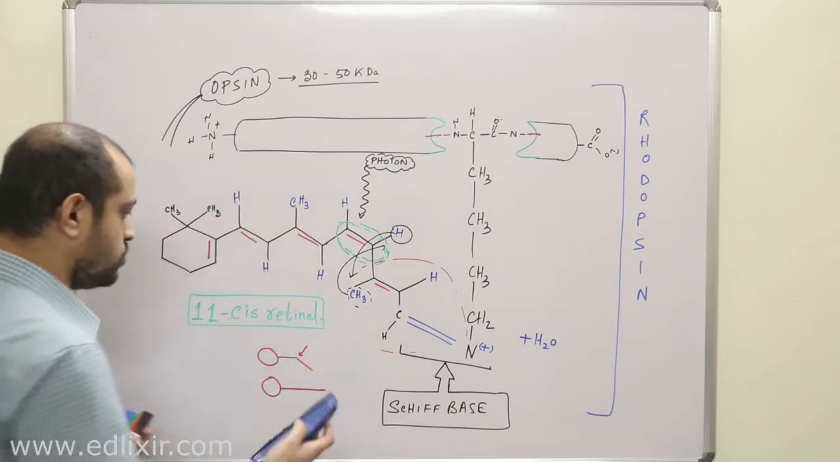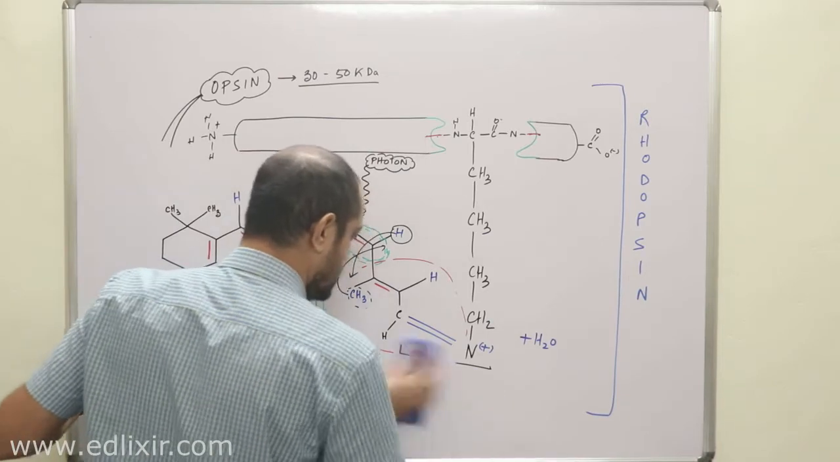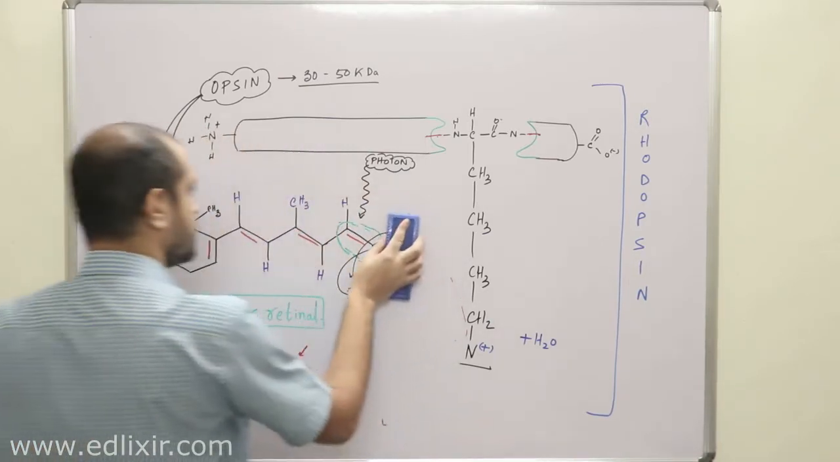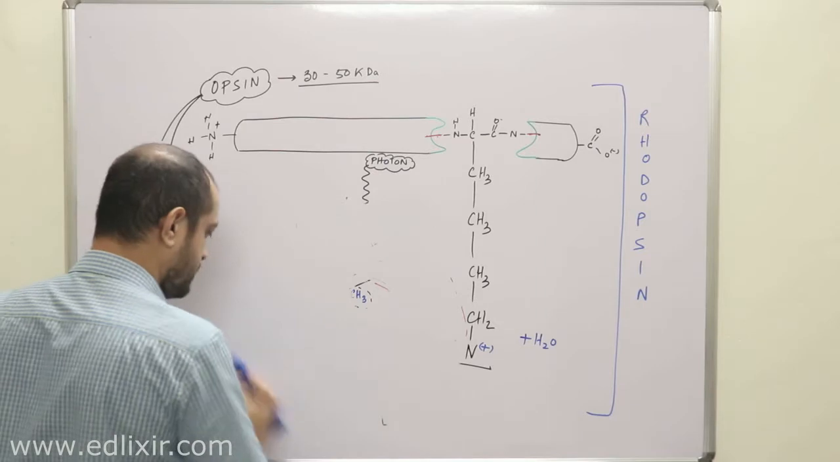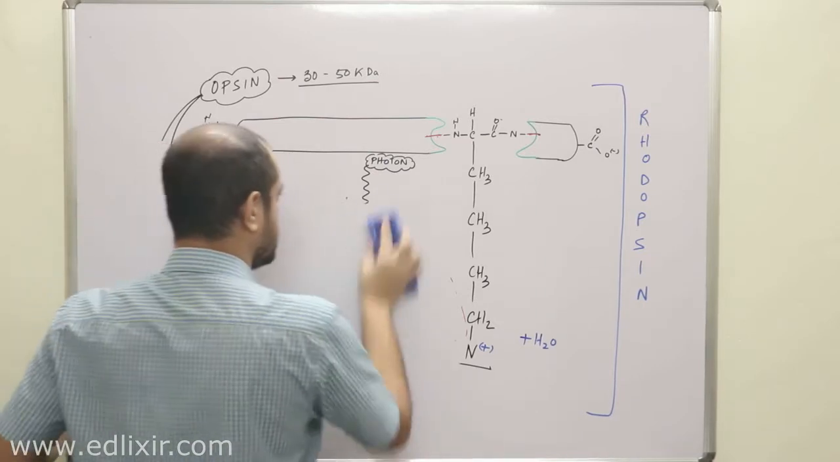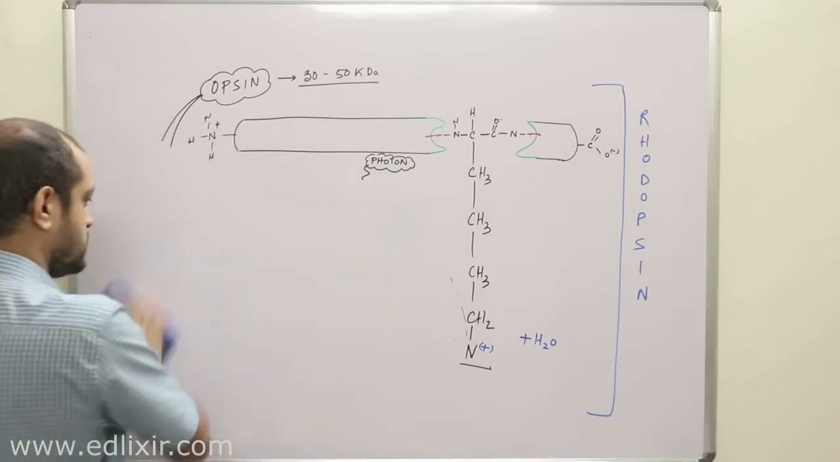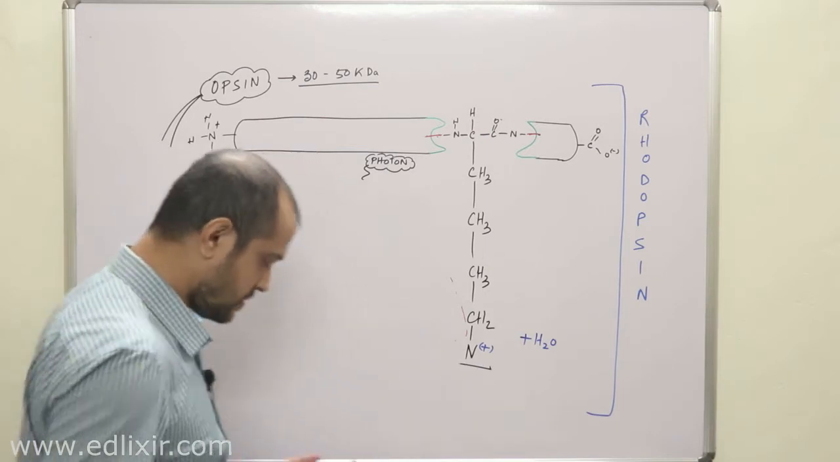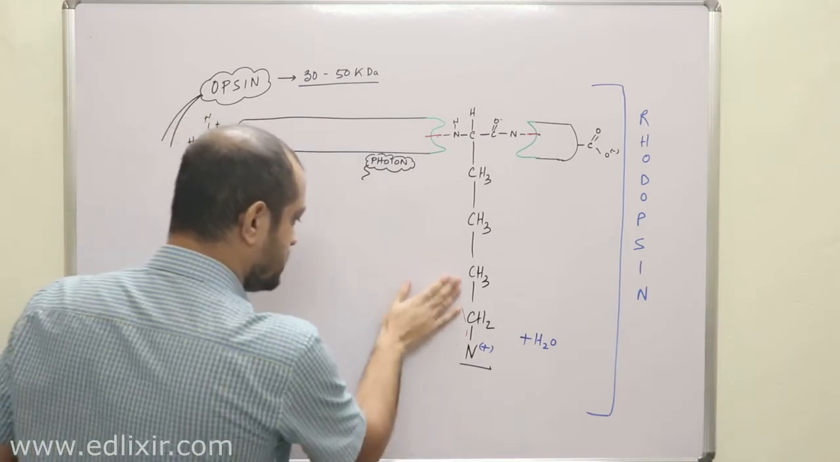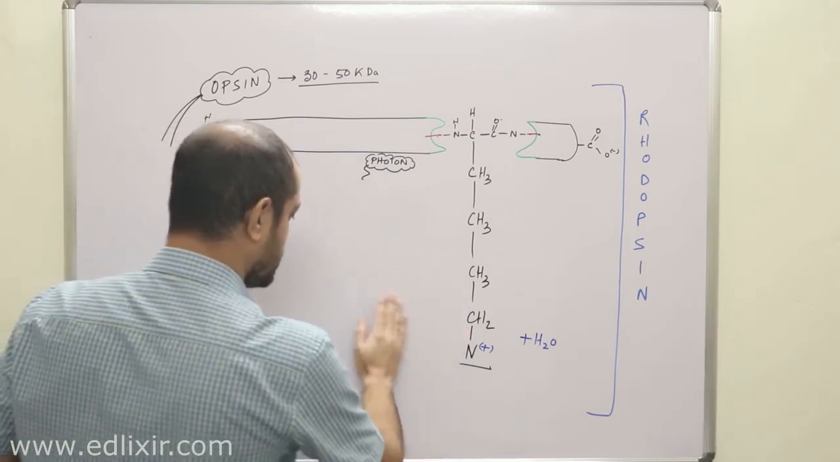Now what will it look like? Okay, now let me draw this for you, how it will look. Clear? Now listen, suppose light falls on it, a light photon falls on it. Clear? Now suppose a light photon now falls on it. Okay,